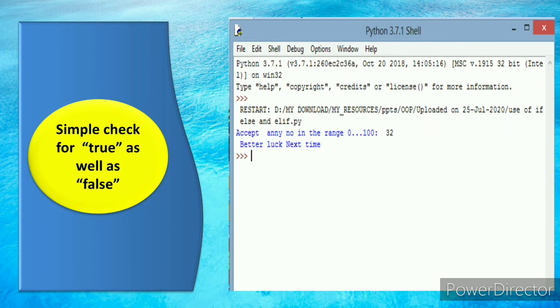So whenever there is a question of yes as well as no, there should be a single condition. That is, the condition should be there. What is to be done if the condition is true is to be written with the if statement, and with the if statement I have to mention the else statement for whatever I want to do if the condition is not true. Now come to the flowchart of it.